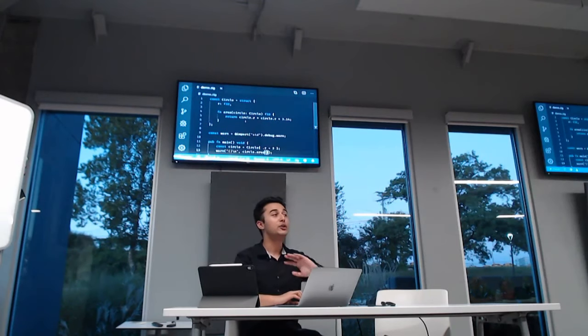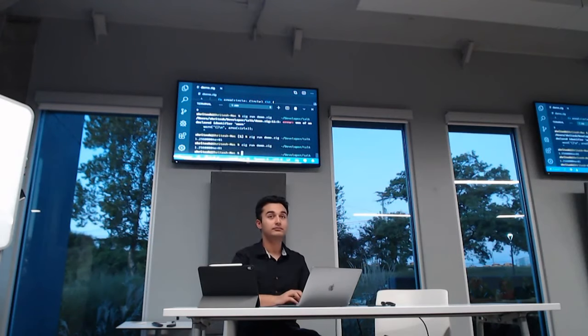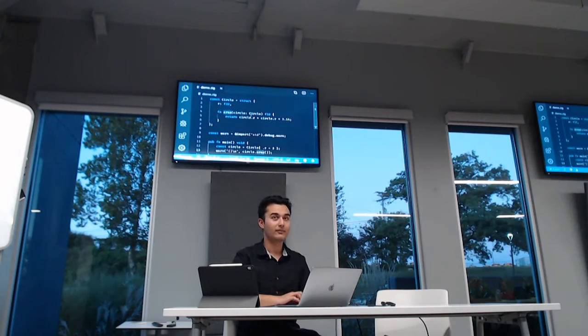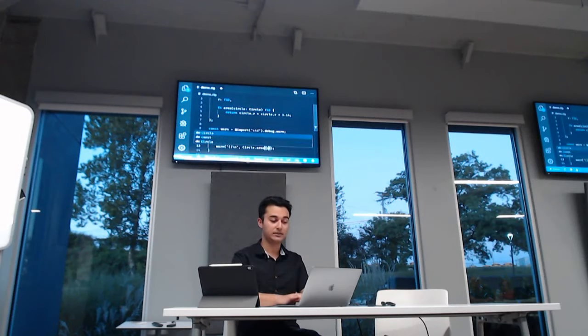So there's no difference between whatever we did before, but what you can do now is just call circle.area, which is more ergonomic, I think. You still have to supply the circle input. I don't think there's any other way to reference it without doing it. But what you can still do is circle.area and then call our circle.